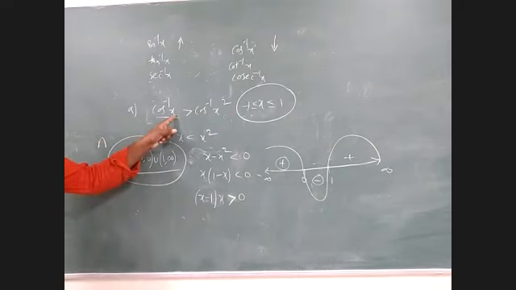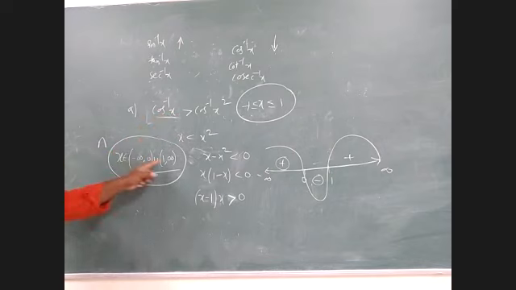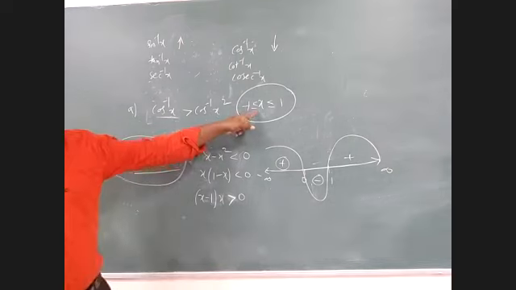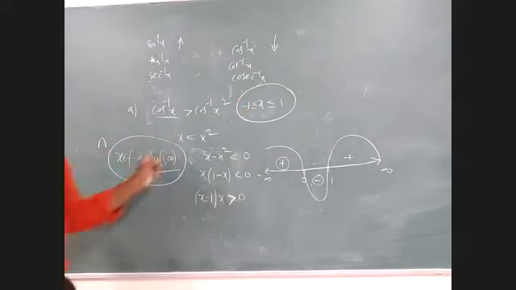Because you have to consider the domain of this inverse trigonometry function also, because it won't cross, no? It won't cross. So here we have to consider this one also. Now, what is the intersection of these both? That will be your final answer. Can you tell me what is the intersection of that?